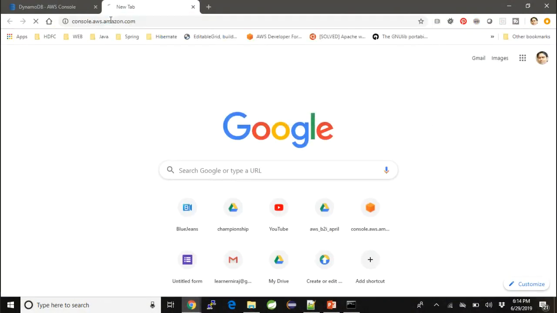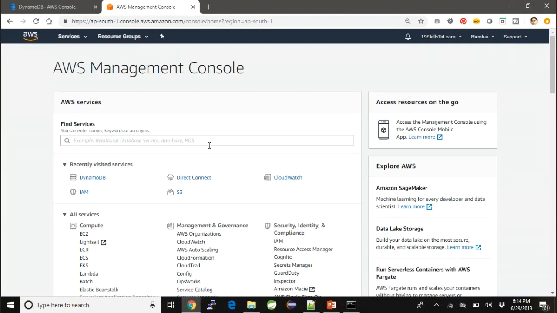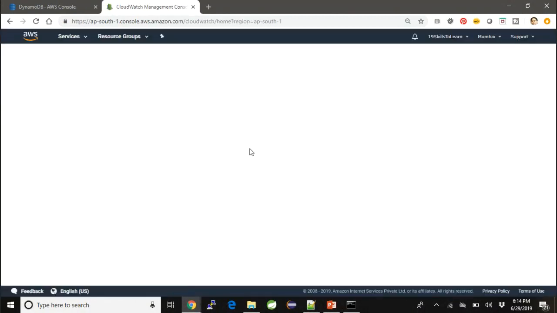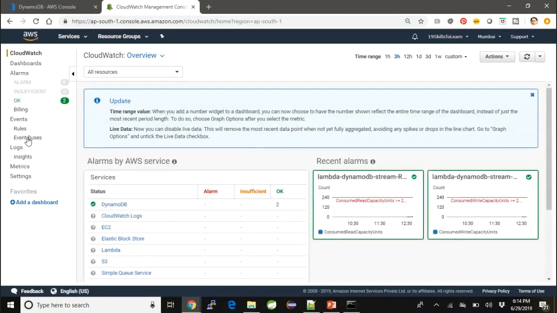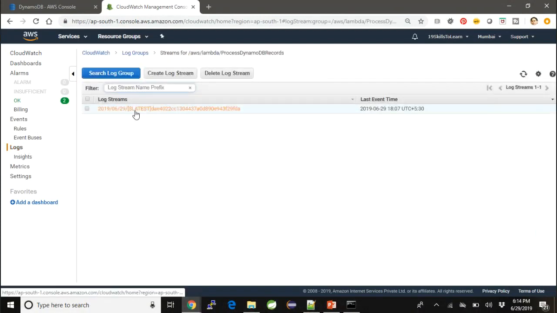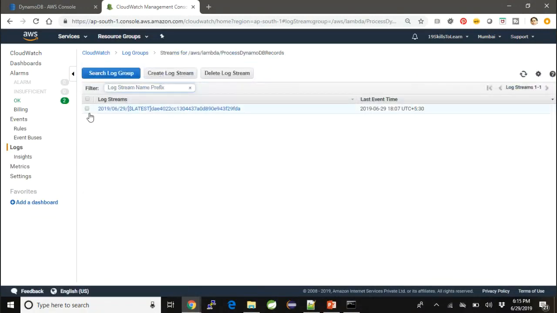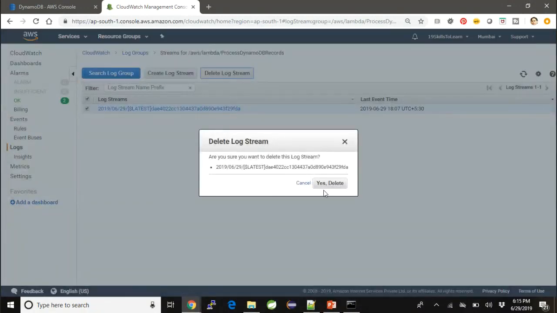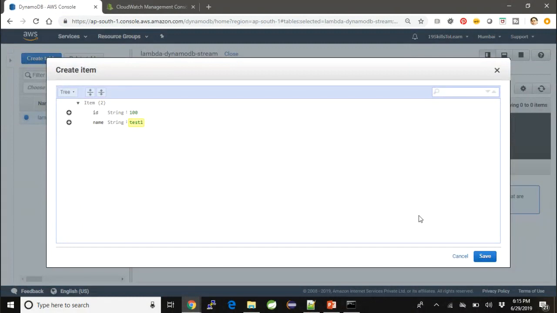I would also like to go to CloudWatch to see if my Lambda function, whenever it executes, writes something inside the log basically. CloudWatch is going to take those logs and display them for me. So I'll be watching this space to see if there is anything over here. As of now, only table creation logs are there, maybe, or this is the old one. So I'm going to get rid of it just to avoid any confusion, and we'll wait for the fresh one to be created. So I'm going to insert it now,